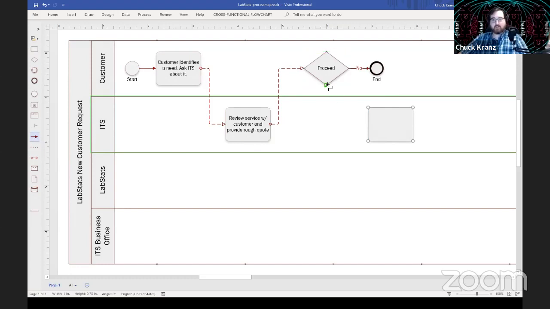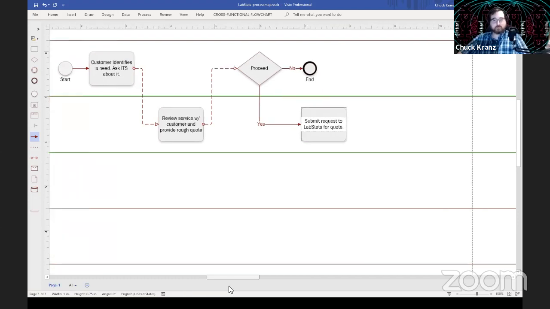So let me draw a line down here to this box, and we're going to label this box yes, they want to proceed. And so from here, it kicks it down to a task for me to do. So I'm going to submit request to LabStats for quote. Easy enough. I shoot LabStats an email